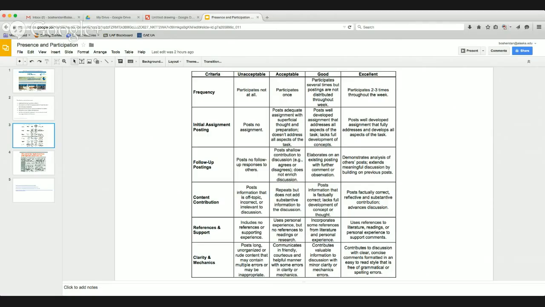Whereas an excellent post, as far as content contribution, would be factually correct, a reflective and substantive contribution that advances the discussion. So it's getting students to the point where they're actually creating inquiry into the topic you're discussing, beyond just responding to what you're talking about.